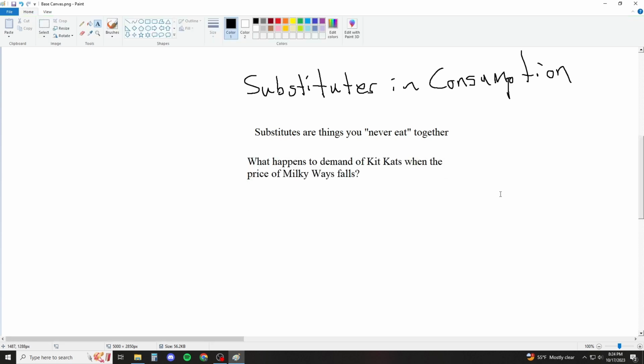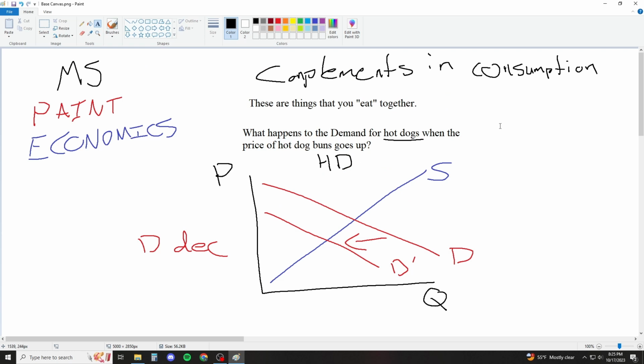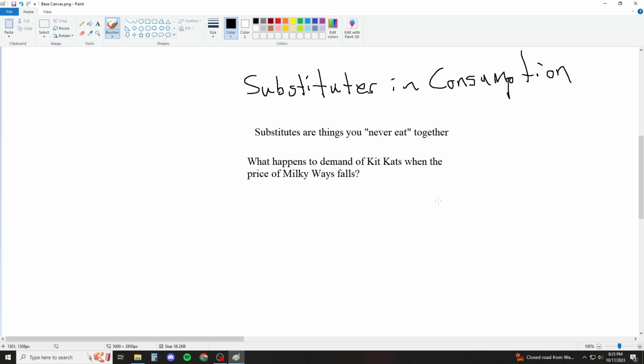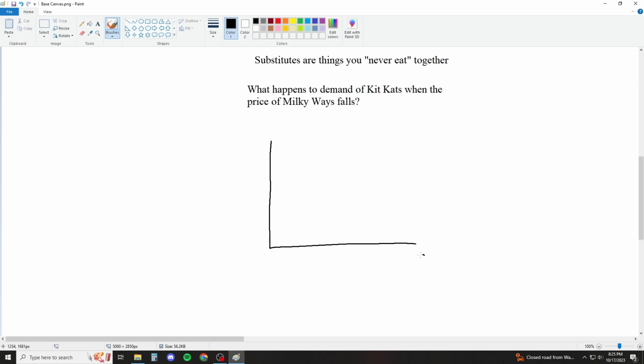I want to point out real fast before we finish this, because I know I could be all over the place. It's like, oh, hard to follow, whatever. I don't care. So I only did one version up here, right? I only did demand for hot dogs when the price of hot dog buns goes up. Well, what happens when it goes down? You can figure that out. It's the opposite, right? It's like, oh, well, this way it went to the left, the other way it's going to go to the right. Now we're doing the same thing for substitutes. I'm only going to do one version, but the other version is just the opposite. So Kit Kats.